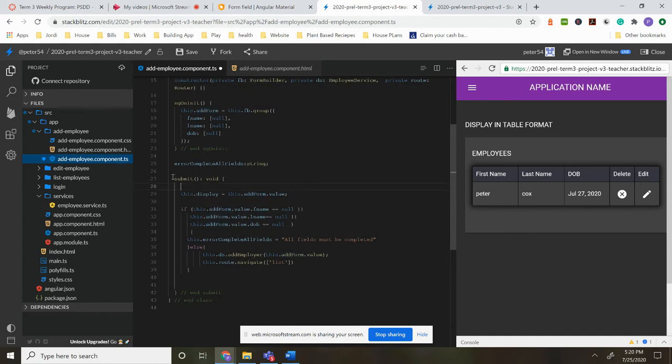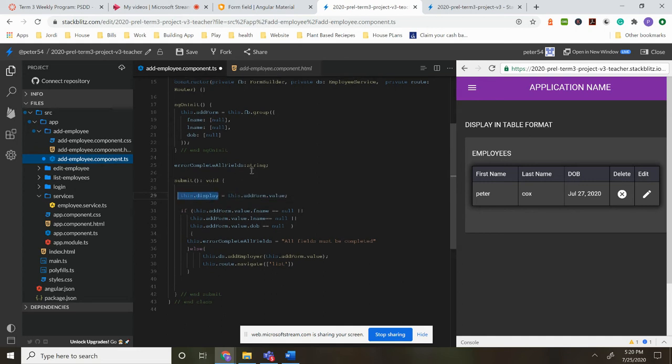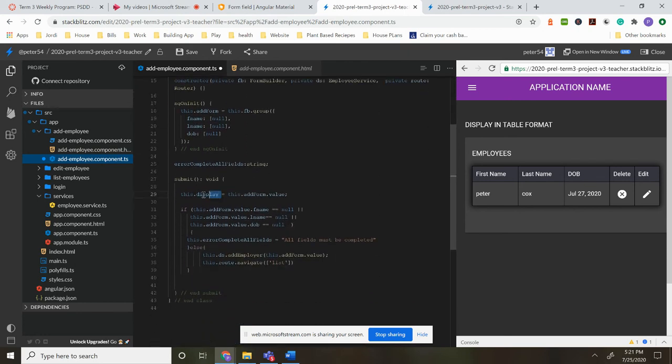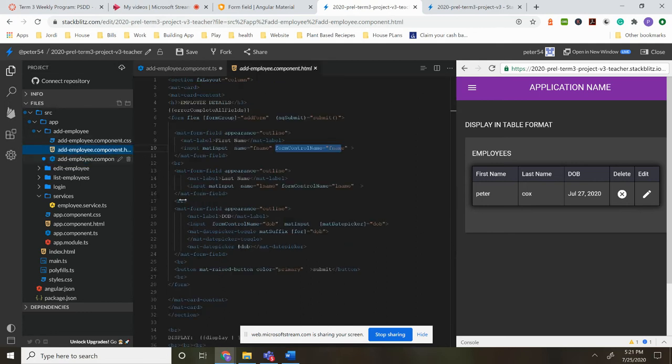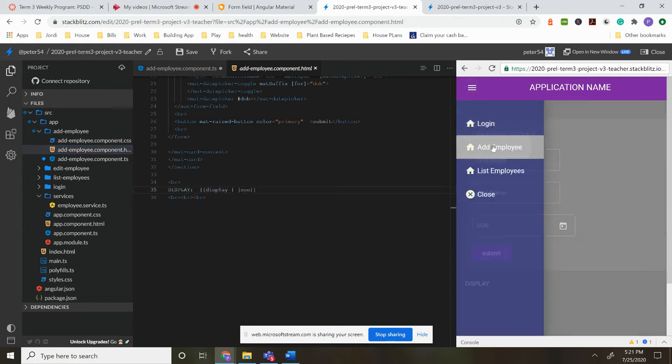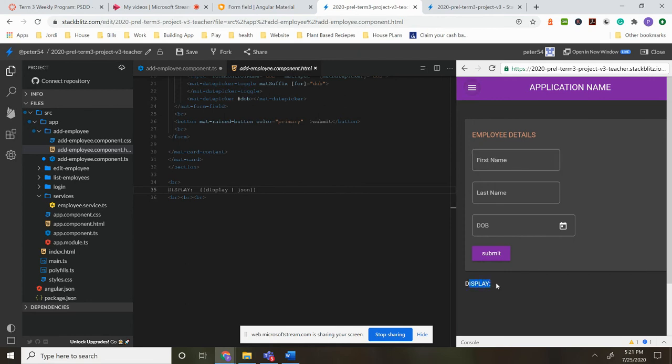What we're doing here is when you submit your button, I'm going to go add value, add form, and we're looking at it as a value. And what that does, that grabs every single field there, and I'm going to put it into a little variable called display. Now I've defined display up here as a string, and that's here. And what I've done is in the HTML at the very bottom, I've just displayed that display as a JSON file. So if I come back to my add employee and see the display down the bottom there,